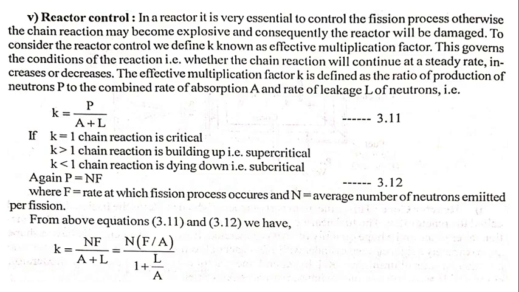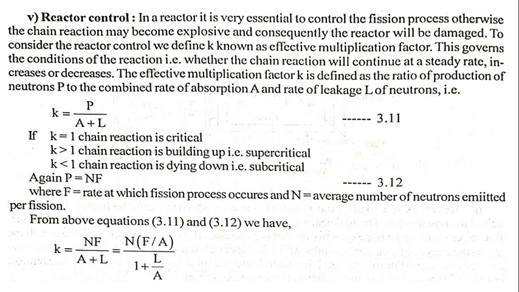Reactor control. In reactor control, it is very essential to control the fission process, otherwise the chain reaction may become explosive and consequently the reactor will be damaged. To consider the reactor control, we define K, known as the effective multiplication factor. This governs the condition of the reaction, that is, whether the chain reaction will continue at a steady rate, increase